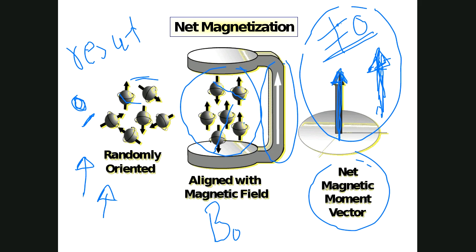They want to be in a lower energy state where they don't have to fight the excitation energy, just to make it simpler for you to understand. The guys pointing down are in the higher energy state. But when I apply this external magnetic field, B, I will have a non-zero